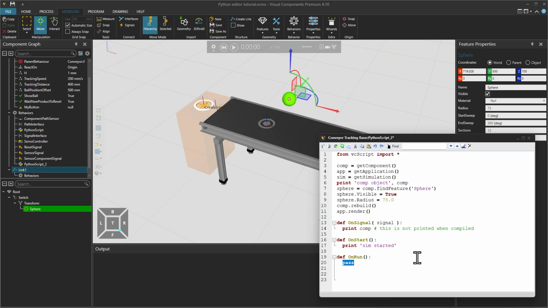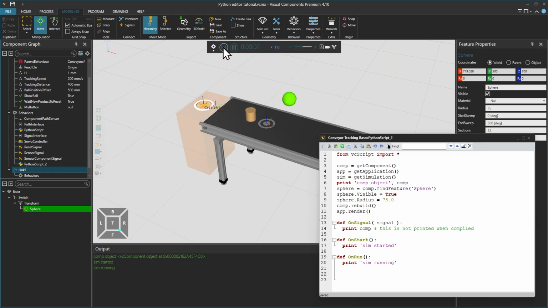Then print SimRunning in the onRun function. Then we can compile the script and click play to run the simulation. As soon as we run the simulation, from the start, the prints can be seen in the output panel.